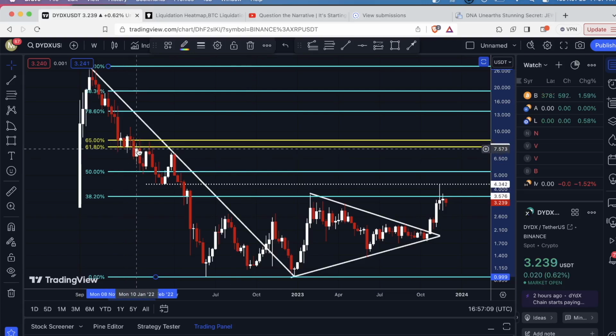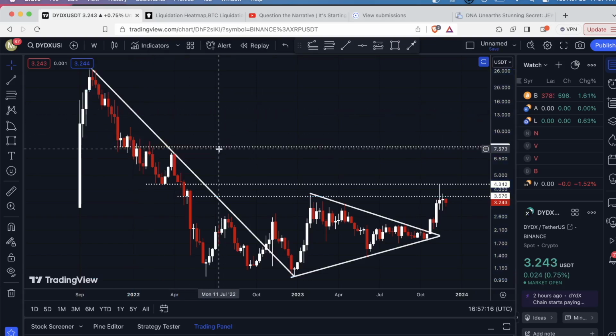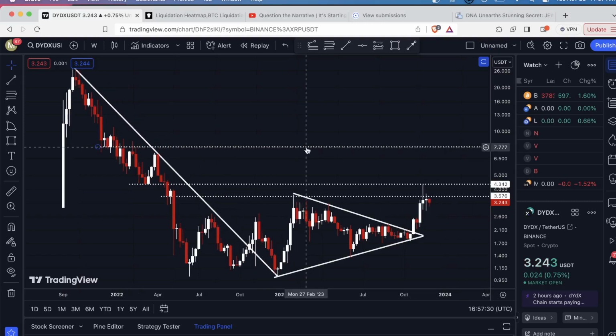And then when we broke below it, it was resistance for another 5 weeks. So if I delete the Fibonacci, you'll see that that's a level that we already have marked. So this 618 retracement level at around $7.82, I anticipate a lot of selling pressure to come in right here. So this could be a potential opportunity to take a short position with a very tight stop loss and a